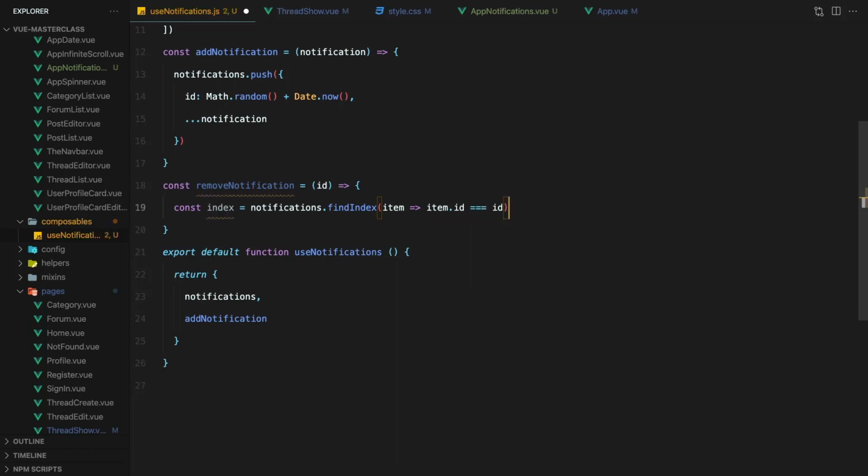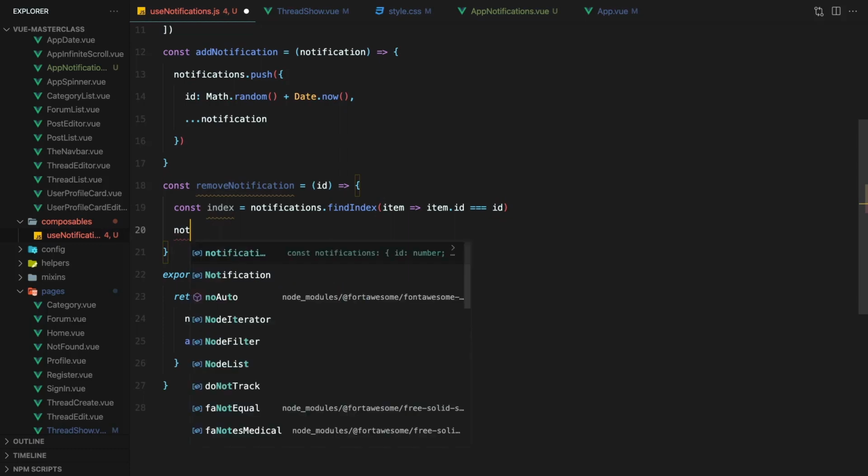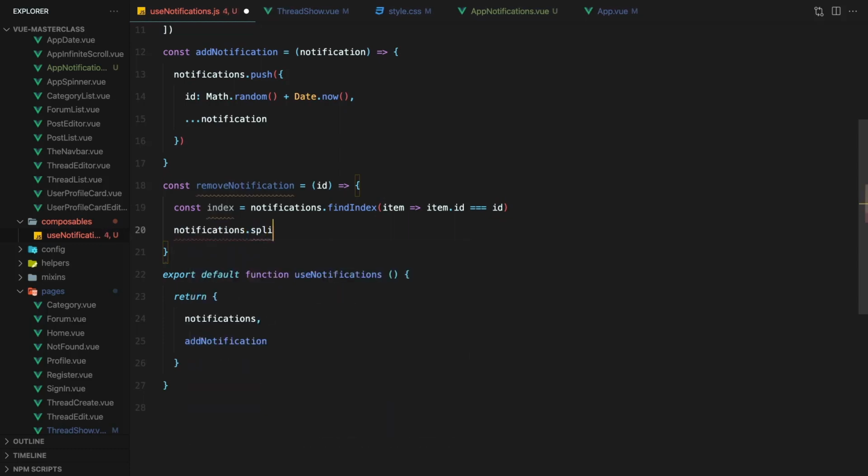And use splice to remove it. Cool. Lastly, let's expose the function.